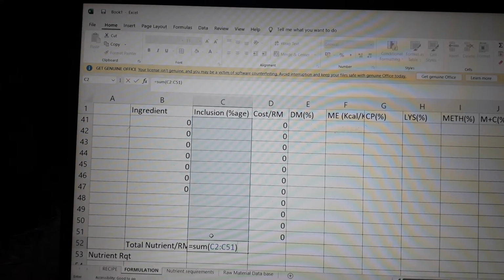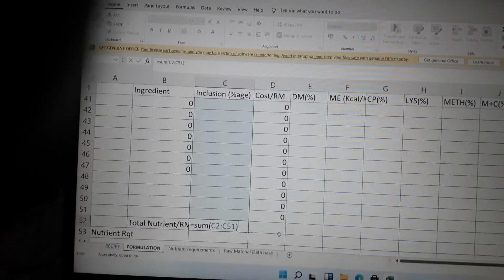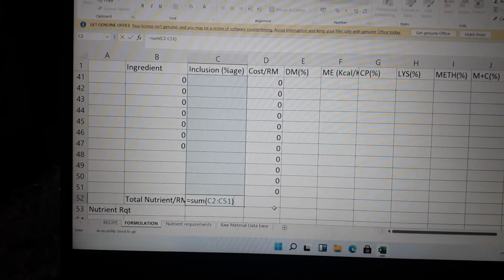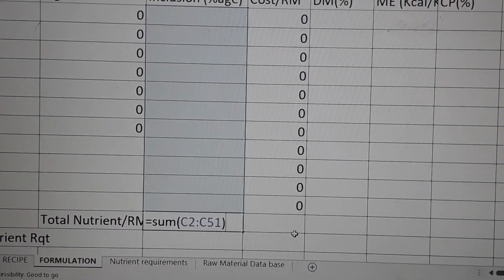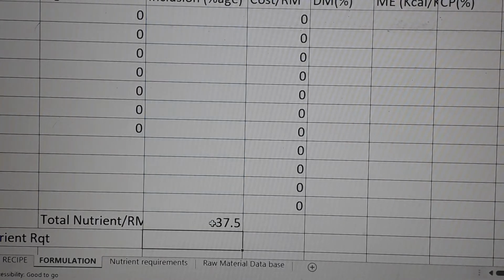You can see my formula is equals. I could probably enlarge that for you. Hope you can see it. So my formula is equals sum. You just type this word in bracket C2 colon C51. You can type the C2 there, or you go and press in the cell and then you click enter. Let me repeat that again. It is equals